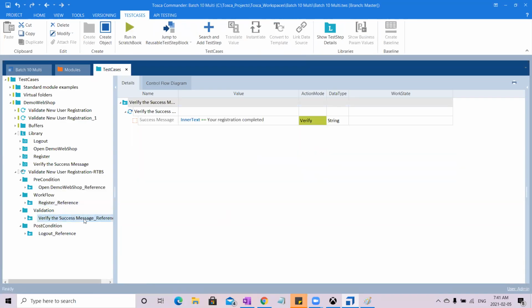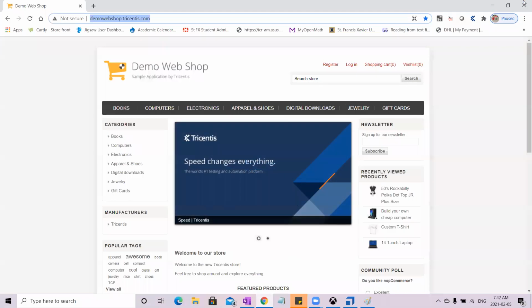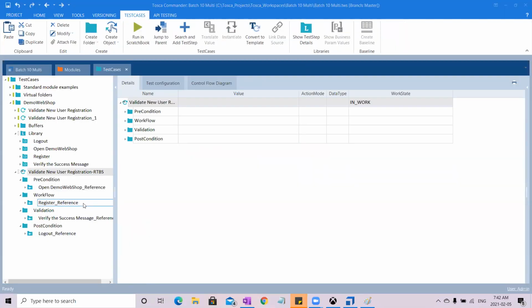Okay, and then verify the success message. I need not pass anything. Log out, I need not pass anything. So now I will run this and see. Before I run my test case, what is that I have to ensure? Anybody in the class? Before you run your test case,